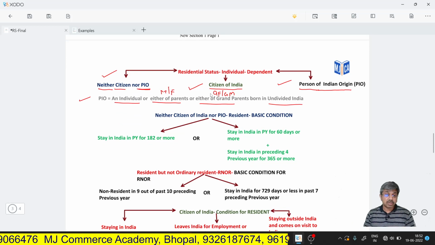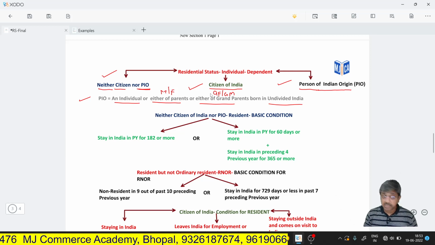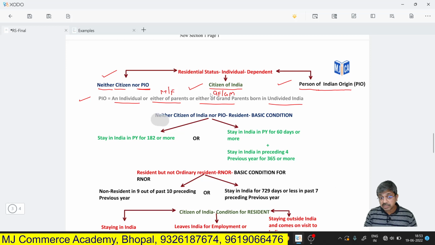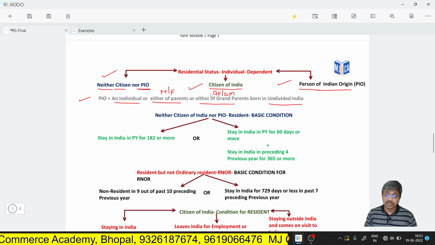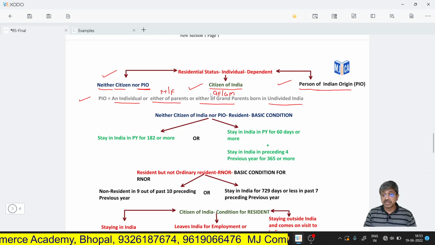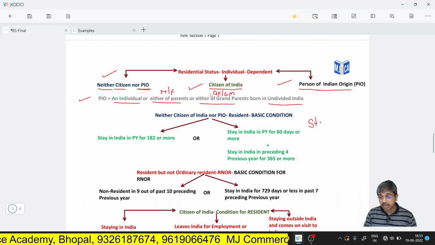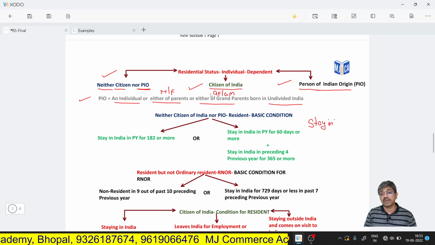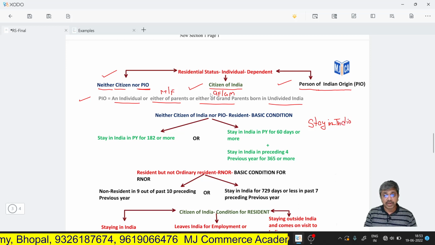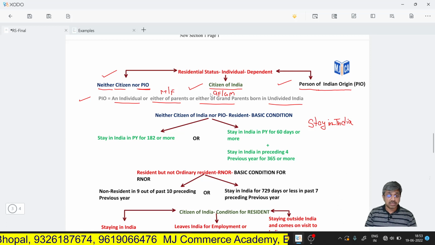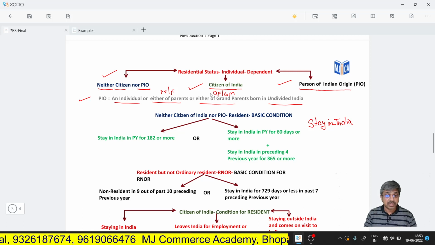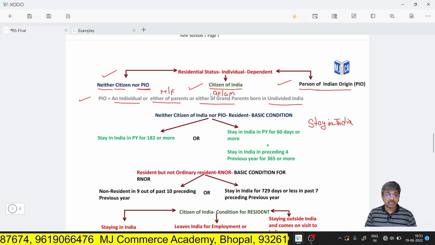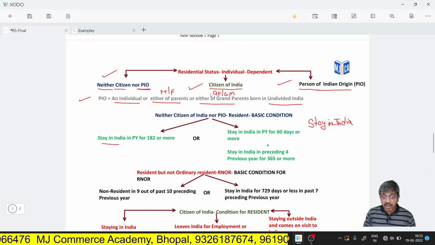Now comes the question about determination of the residential status of an individual who is neither a citizen of India nor a person of Indian origin. In this category, the residential status depends upon only one factor, that is stay in India. No other factor needs to be introduced while determining the residential status of an individual who is neither a citizen of India nor PIO. In this case, first of all, we will determine whether such a category of individual is a resident or a non-resident. An individual will be resident in this category if he stays in India in the previous year